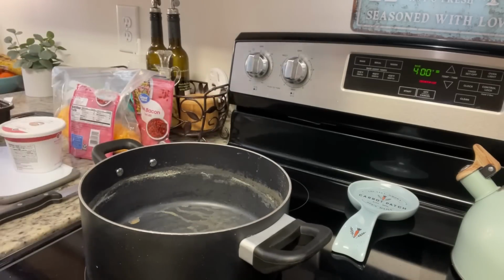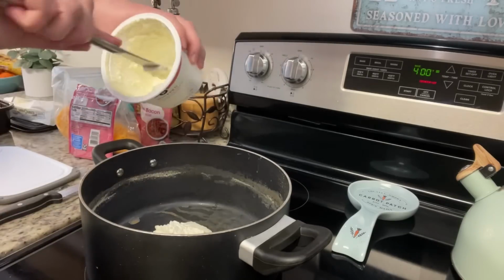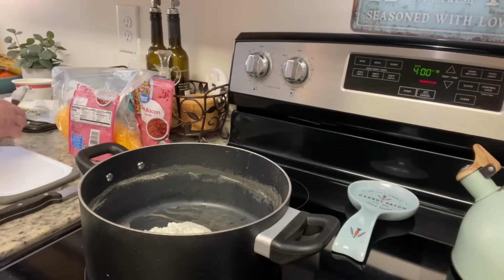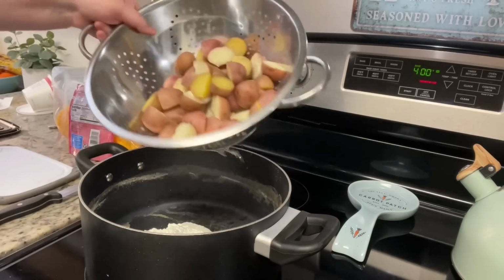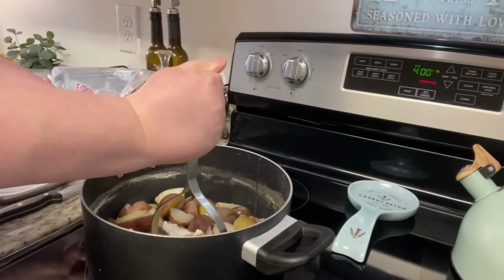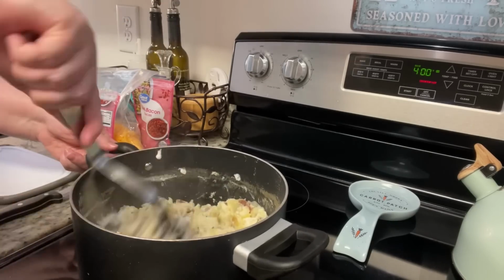To this same pot, I'm going to add in the butter and cream cheese that has been softened. I'm using whipped cream cheese, and the heat is off. There's enough residual heat from the pan that everything kind of melted together, but if you want to have this on low heat, you totally can. I'm going to add in the drained potatoes, and then you just mash these up,